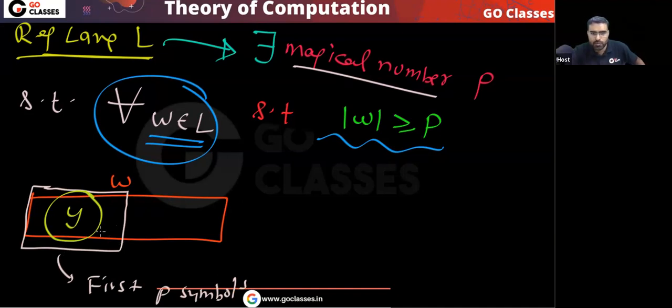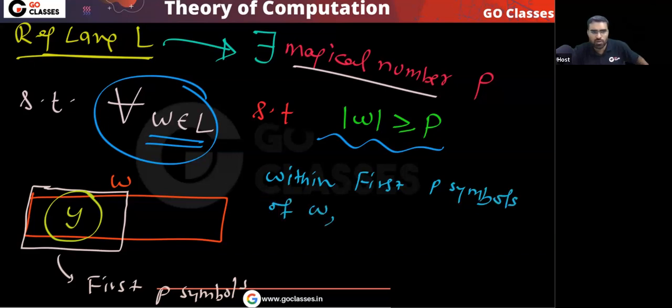Is this point clear? So within the first P symbols of W, we can find